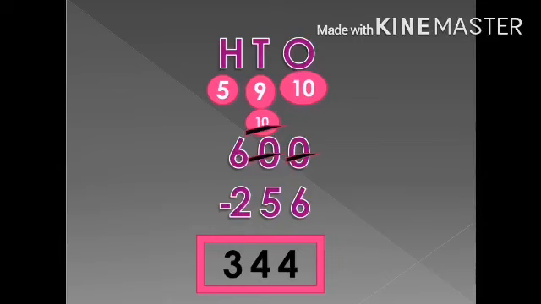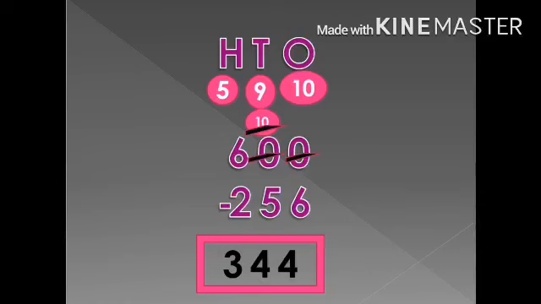So we will borrow from the next partner. The next partner also has 0. So we will go to the next partner, that is the hundreds place. At the hundreds place, here is 600. So we will borrow 100 from it. Now 0 at the tens place will become 10. Which one is the ones place 0? Now its partner has 10. We will borrow 1 from it and it will become 9. And the ones place will become 10.